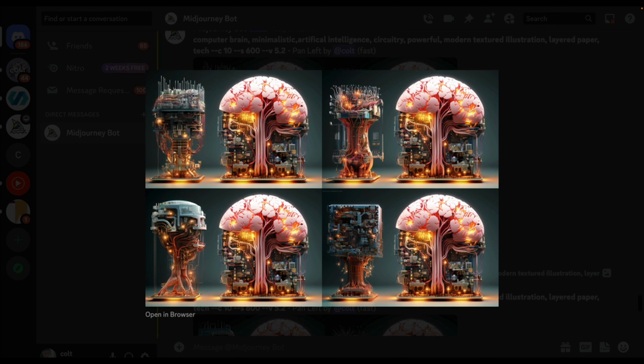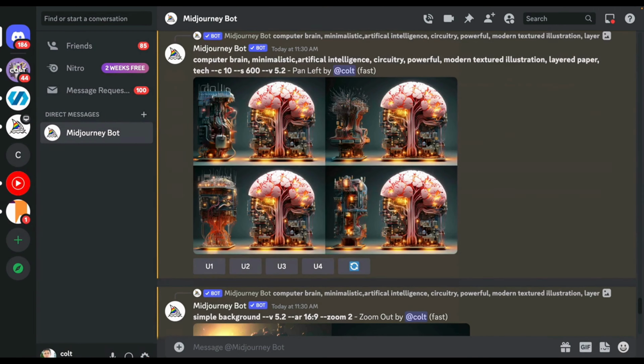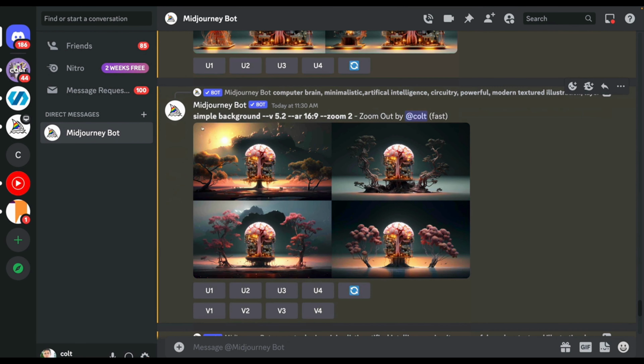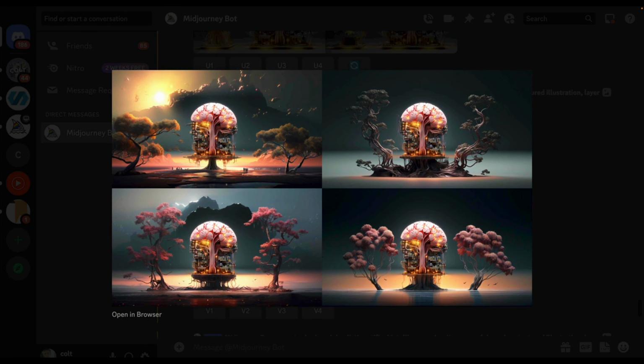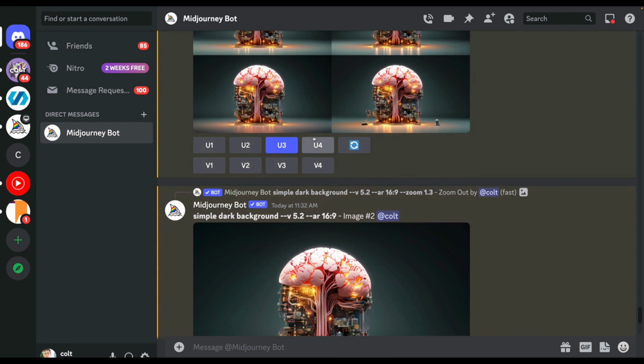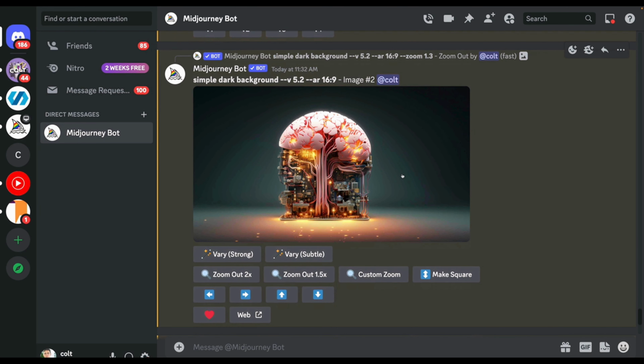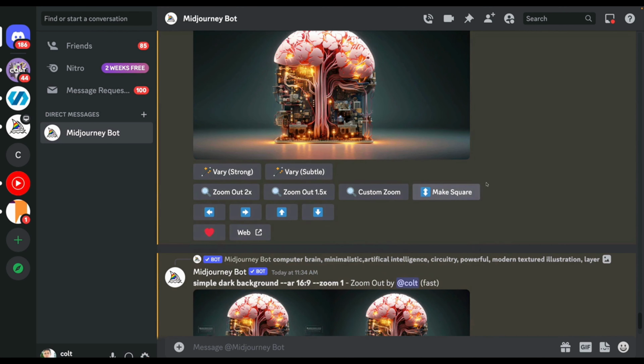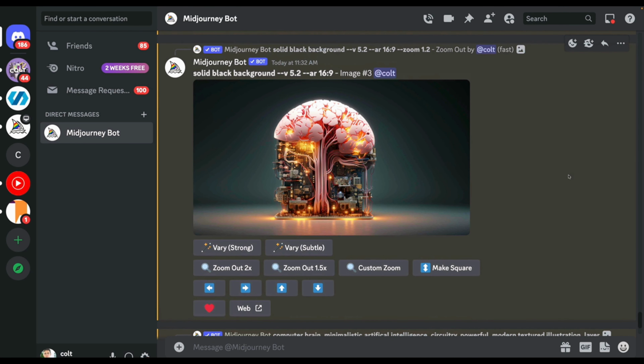I mean, that's kind of neat, but the composition doesn't work. So instead, I zoomed out and changed the prompt entirely. Changed the aspect ratio, changed the zoom. I tried simple background. Again, I still kind of like these. And then I tried it again with simple dark background, solid background. And we get things like this, where it doesn't add anything in except extending the background. And there we are. So that's kind of a long process, but that's what I do when I make my